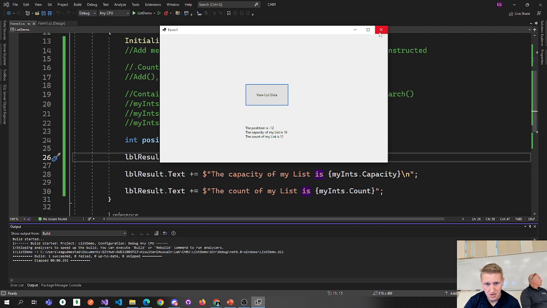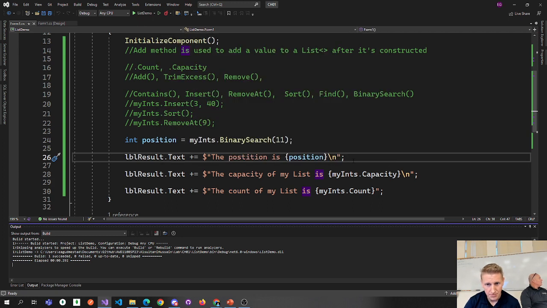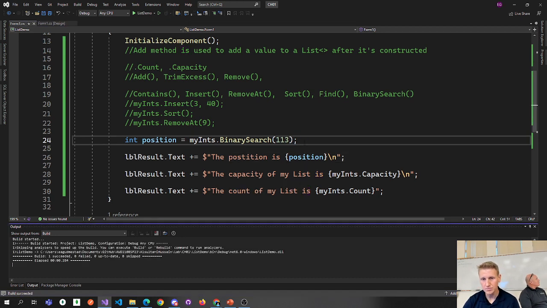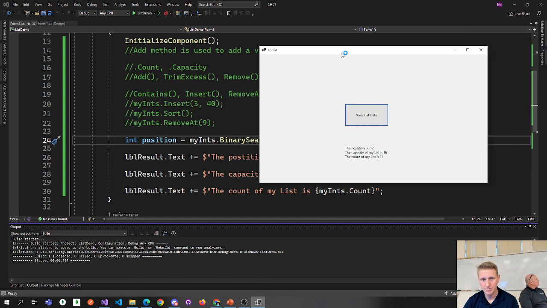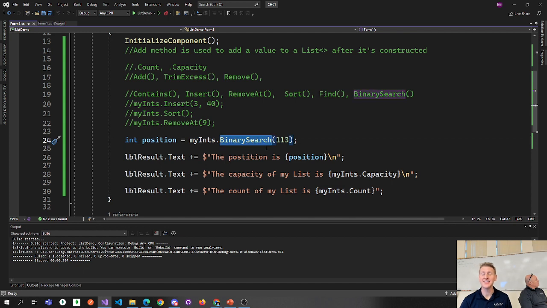Where's that 2 coming from? Pretty sure binary search returns -1 if it's not found. You know, the count is 11. Does it do the opposite? Yeah, it is a negative value. Thought it was -1. It's giving me -12. Not so important. Point is, it returns a negative value because if it's found, it'll be 0, 1, 2. It'll be the position. If it's not found,